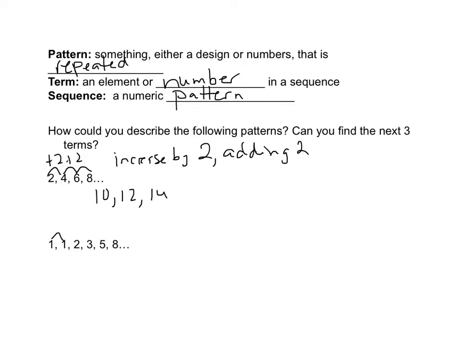So from 1 to 1 we don't see a pattern, but then from 1 to 2 we're adding 1. 2 to 3 we add 1 again. 3 to 5 we're up by 2. 5 to 8 we're up by 3. Well, if we start to look beyond that pattern,